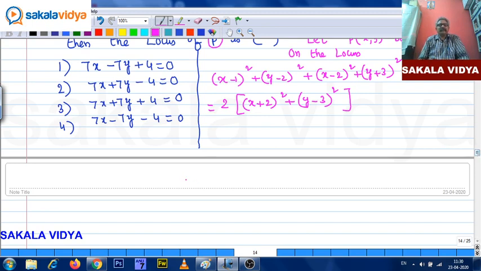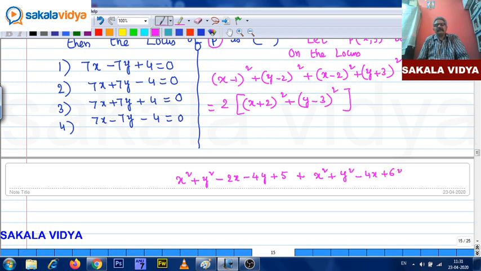Let us simplify it. We get like this: x square plus y square minus 2x minus 4y plus 5 plus x square plus y square minus 4x plus 6y plus 4 plus 9, that is 13, equals to 2 times x square plus y square plus 4x,